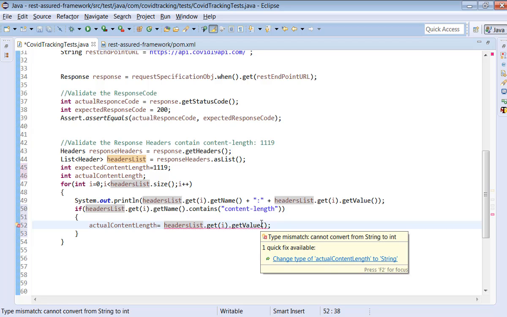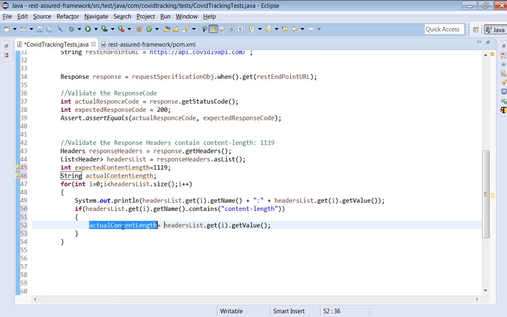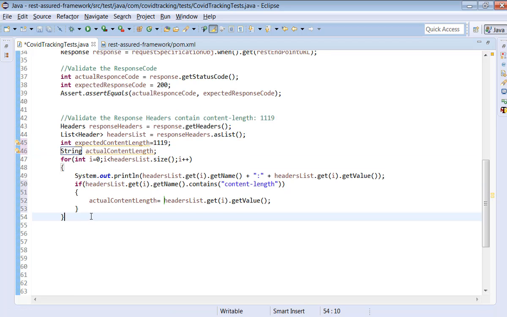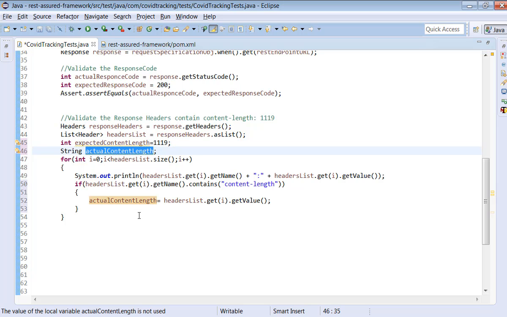Okay, get value, we get it. I think it is giving a string, we can convert that, not an issue. We're getting a string here, and we can convert this string into an integer, right? We can do that. So we got the expected content length from the test cases, 1119.